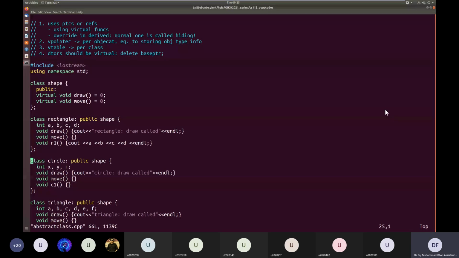If this interface thing is clear, the common class being an interface, then we come to Mohammad Farid's question: is the working of a pure virtual function transferred to derived classes or not? Yes, if a function has been declared pure virtual in the base class and you derive a class from it, that class will inherit all the base class functionality. So this derived class will receive all these functions, draw, move, etc.